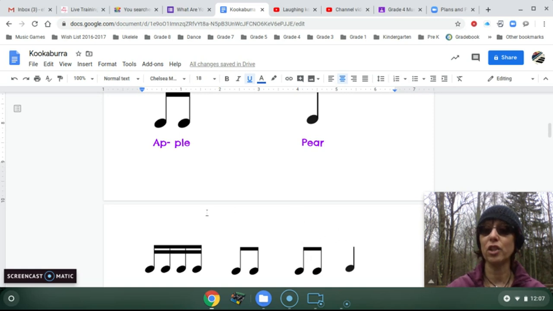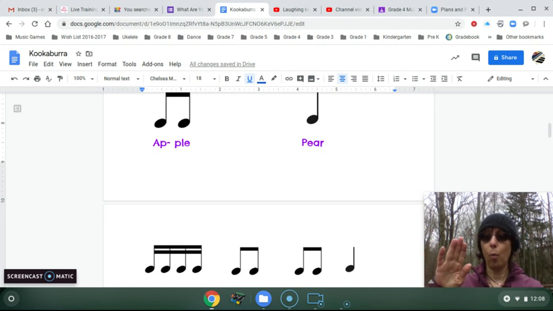Excellent. And now add your percussion. Ready? Here we go. And watermelon, apple, apple, pear. So what I mean by add your percussion, I'm going to choose my legs for watermelon. And for apple, I'm going to choose snapping. You can choose mine or you can choose your own, but you need to make sure the sound matches. So watermelon, watermelon, apple, apple, and then pear. I think I'll clap my hands. Pear. So if I was to read this with my percussion, it would look like this.